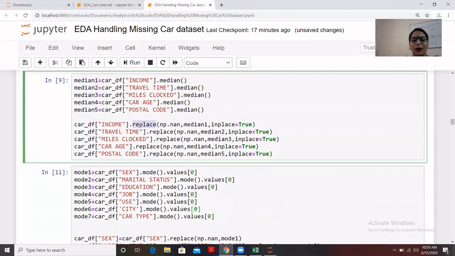So I have applied here, and let me go through the syntax. car_df is the name of my data frame. Income is the name of my column in which I'm going to replace NaN using the median. So I have put in the replace function, and in replace we need to pass 2 arguments. First is which value you are going to replace, and what is the value that is going to be